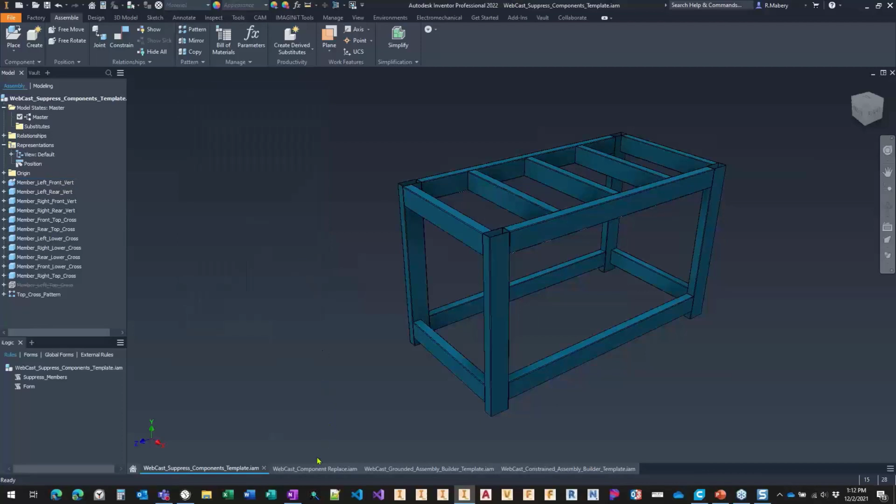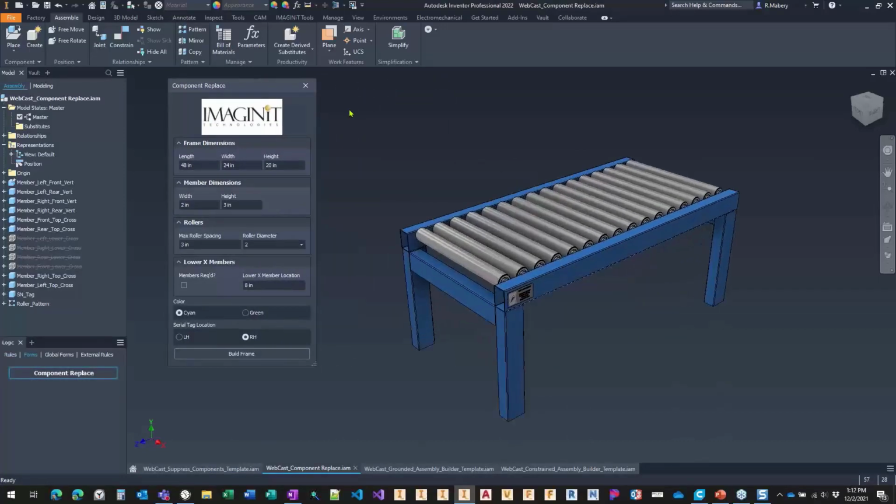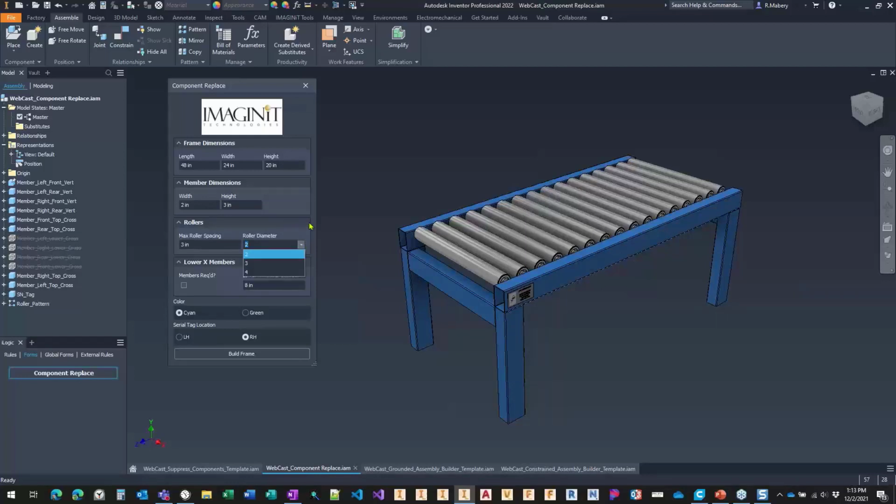Alrighty. So I'm going to switch and start talking about doing a component replace. Let me launch my form on this one. This looks very similar to the last one. All of these assemblies are rather simple little tube frames. In this case, I'm controlling the same information with my form: the length, the width, the height of my conveyor, and my member dimensions. Here I can control what that roller diameter is. So I've got options of a 2-inch roller, a 3-inch roller, or a 4-inch roller, as well as